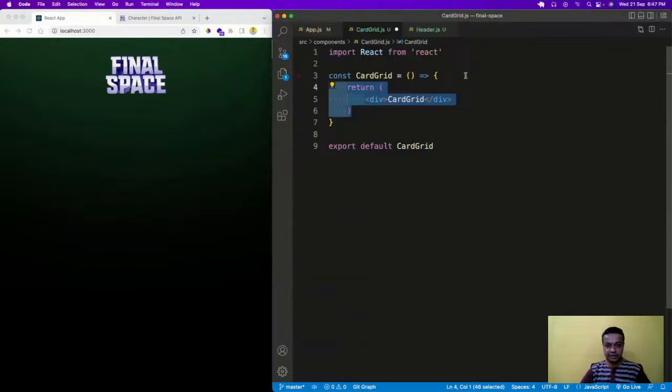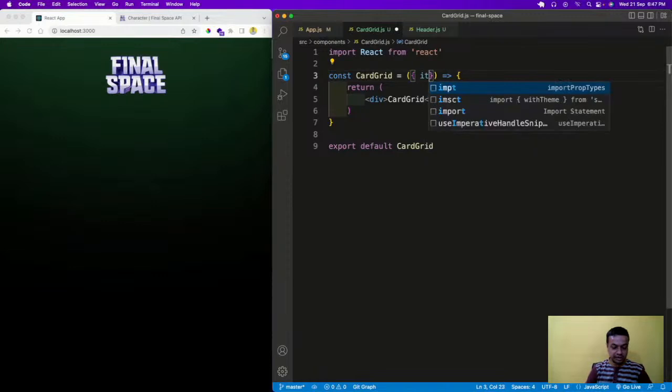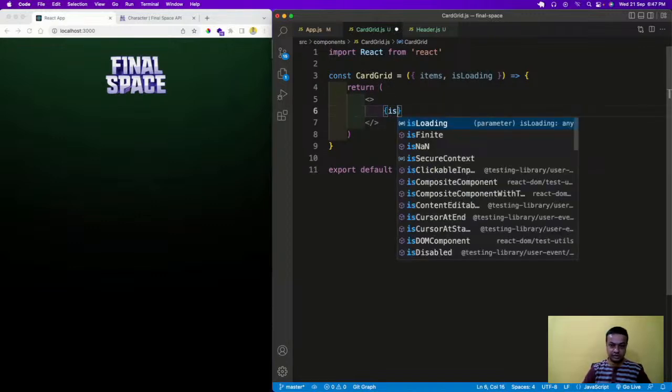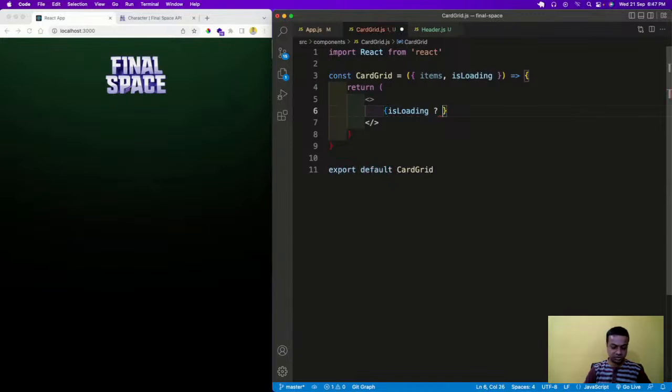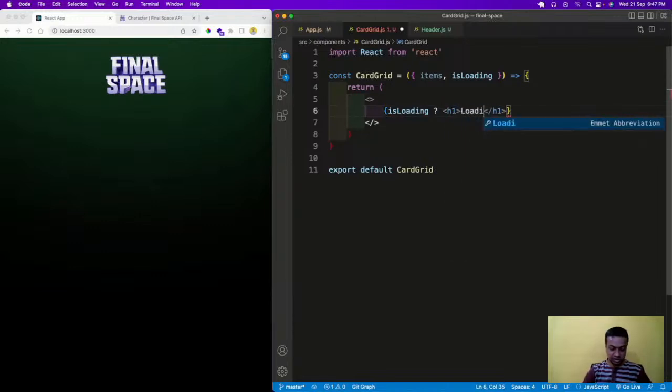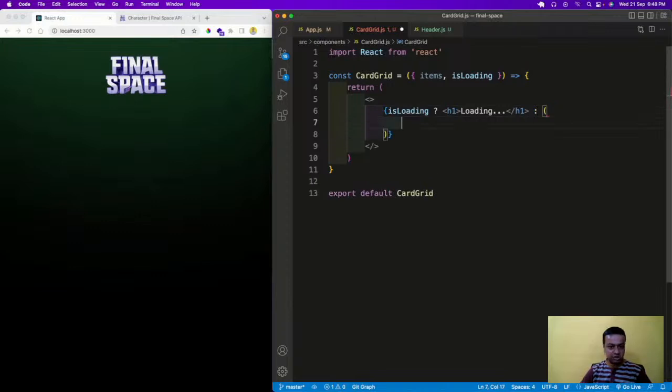we will get two props, items comma isLoading, and then this return is there. If isLoading is true, then we'll show a spinner. Maybe right now I'll show a text like h1 Loading dot dot dot. And if it is not true, then we'll show the whole component, which is like